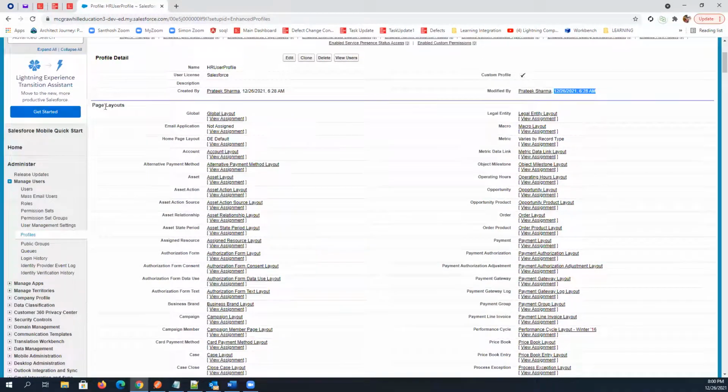Then another thing is page layout. Another section we have is page layout. What is a page layout? Every section we have in this will generally have a different topic, but we will discuss on a high level what these things are, so at least you can understand what we are doing with this profile right now. Okay. So page layout is nothing but a page in which you can enter information and create records, right?